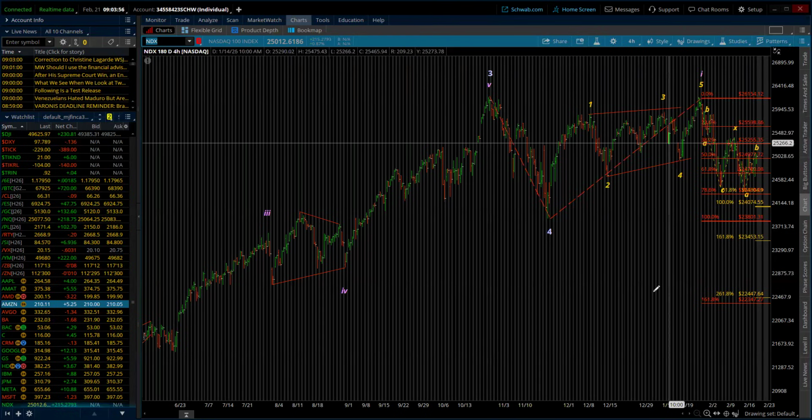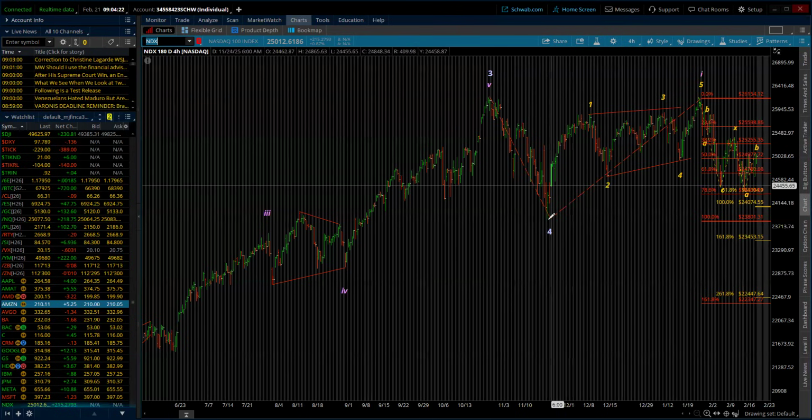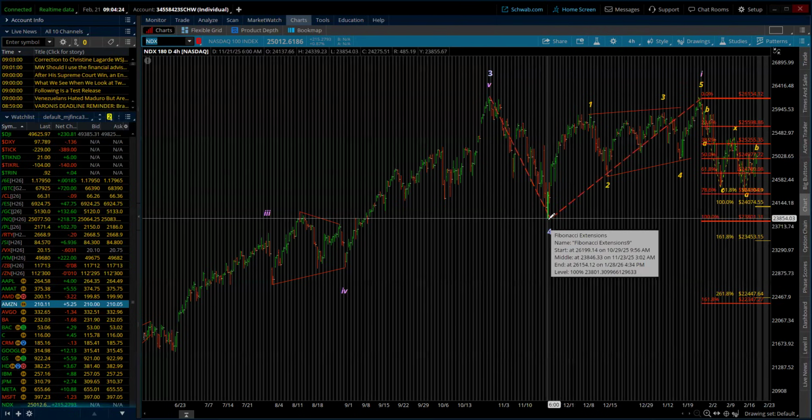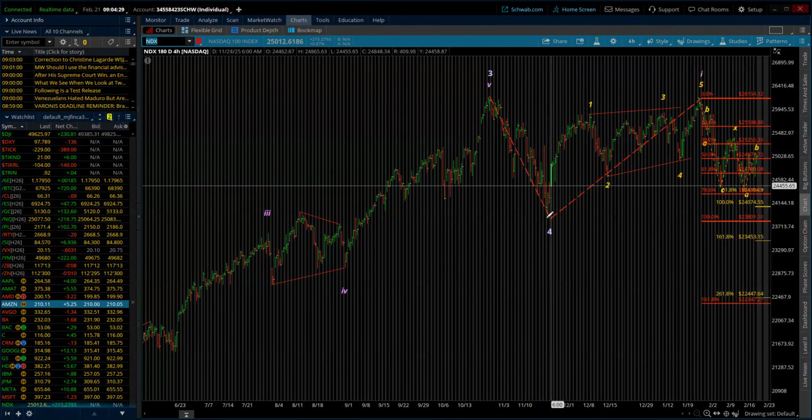Very small. In fact, it does kind of lead me to believe if we are an A, B, C coming down, it should be pretty flat. So it should hold above 23,854 and be an absolute flat, an A, B, C flat. If not, even as a wave two, it needs to hold above that 4 because that's the starting point of wave one. So we got some major things all being put right there to that low.